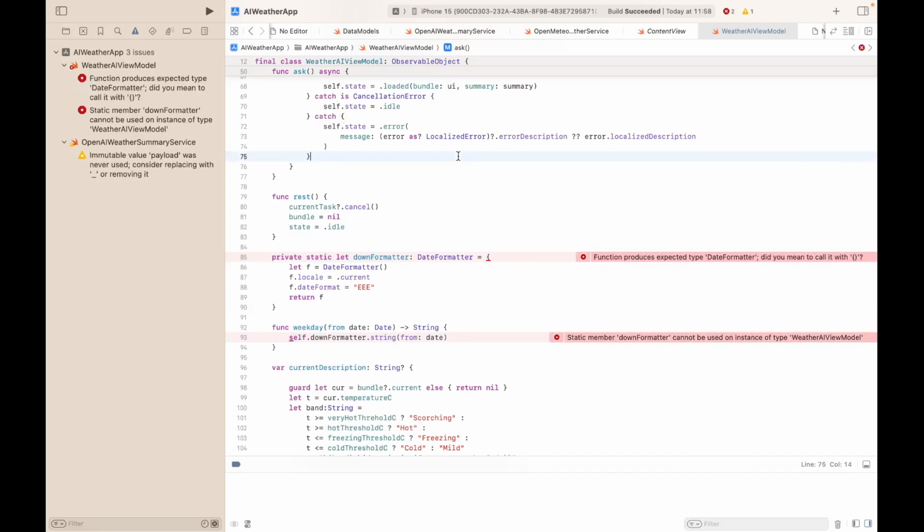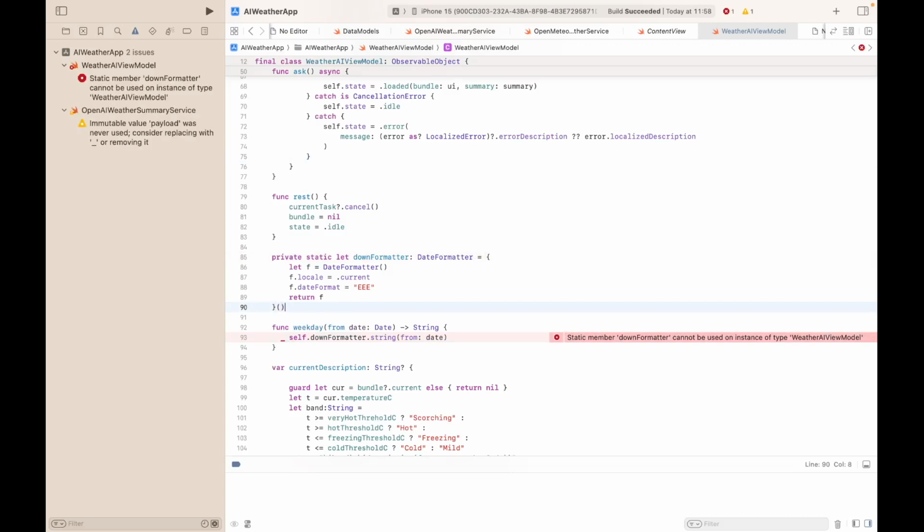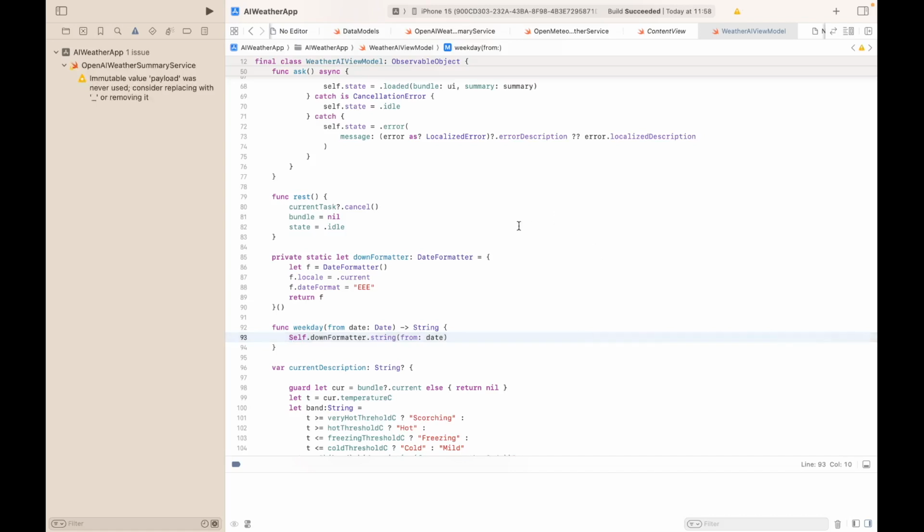The next thing we need to do for the date, for the dayFormatter, I need to include an open bracket, close bracket on line 90. And self should be capital S. Next thing we need to do is to